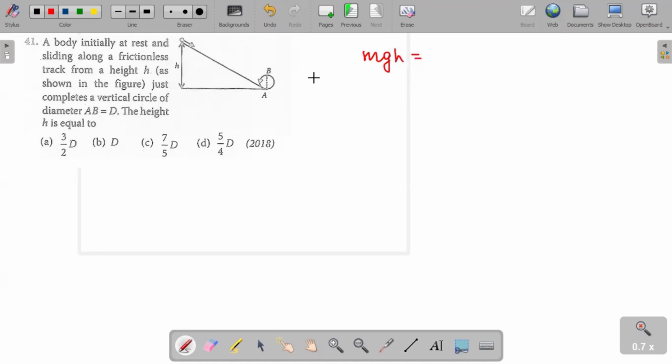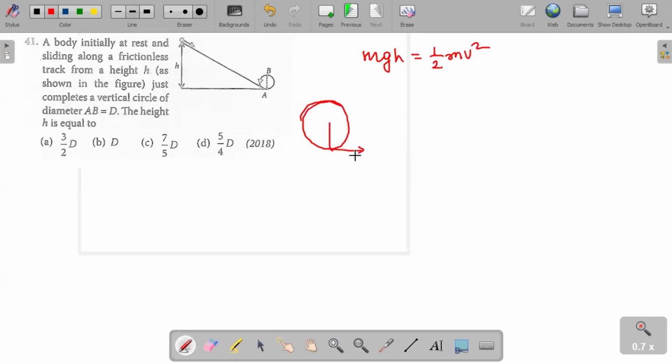When it reaches the lowest point, that potential energy will be equal to kinetic energy. So this is the basic point. Here the potential energy is there, and at the lowest point it becomes kinetic energy. What does it say? It just completes the vertical circle. If a body completes a vertical circle,